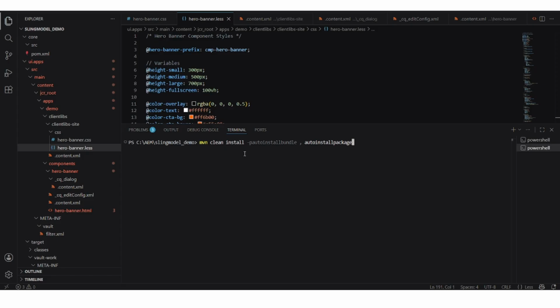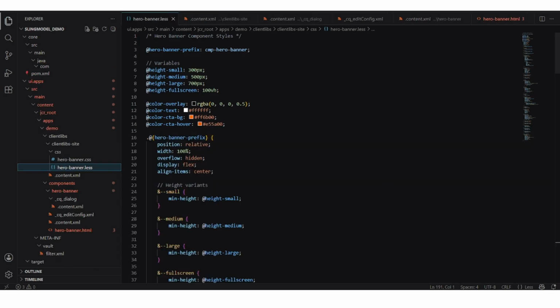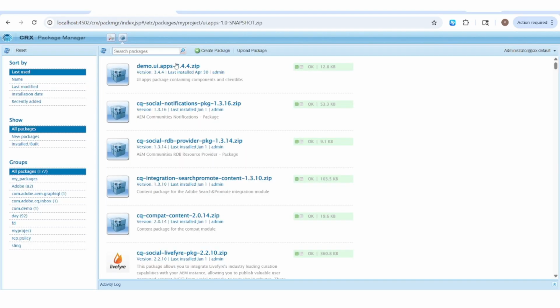This is another command which deploys both the core bundle containing the Sling model and the UI apps package containing the component file. I'll prefer to run mvn clean install. After running this whole command, you will get a message called build successful. Okay. Now we will go to package manager and